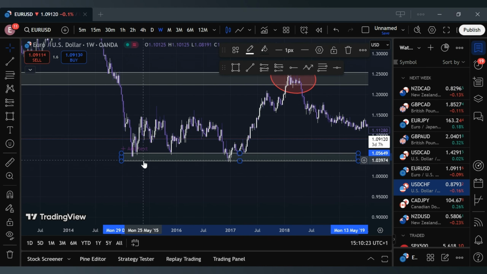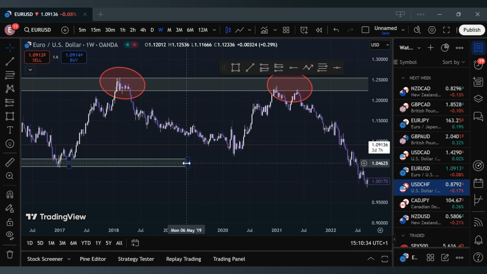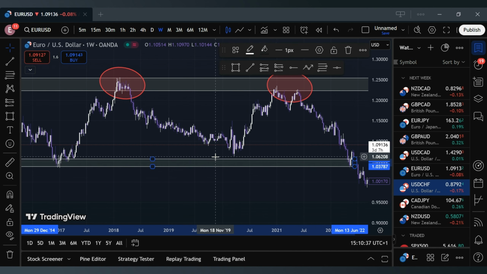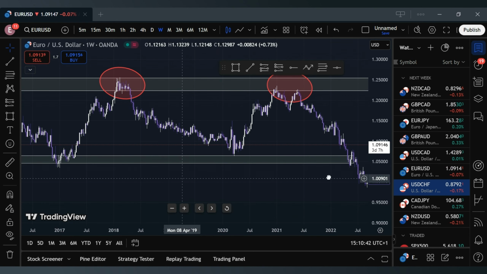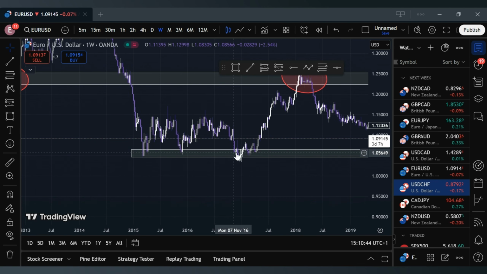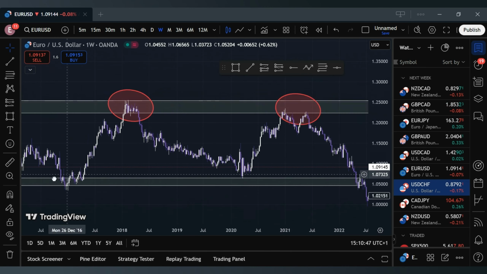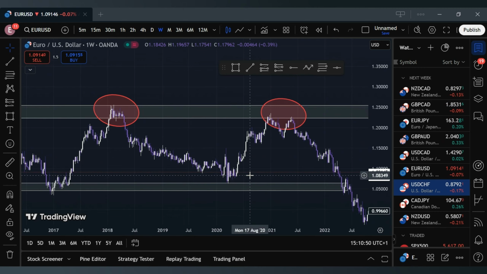Came inside here, rejected, came in here, came in here. That's 1, 2, 3, 4, 5, 6. As we pull and go further, you see that we still got more rejections off of it. Let's fine-tune this. So we get 1, 2, 3, 4, 5, 6. Then here 7. Then